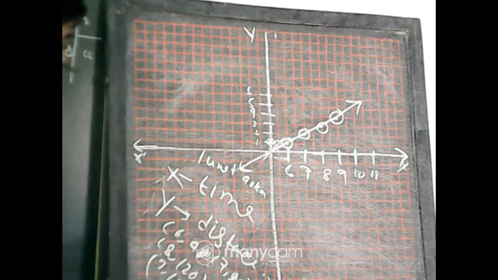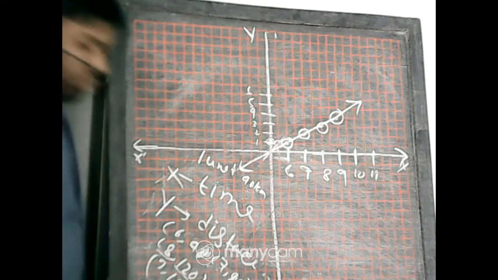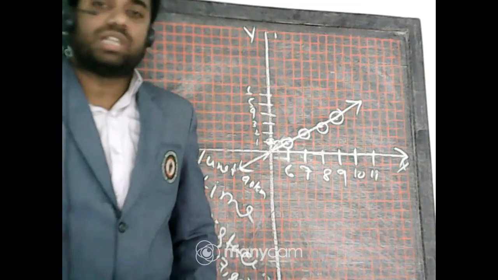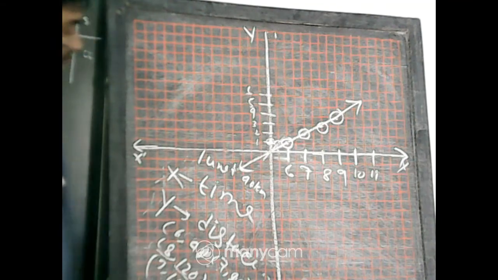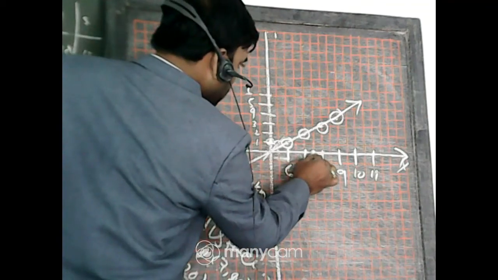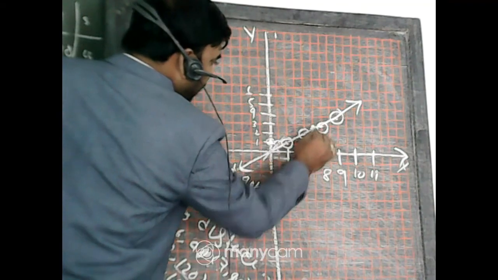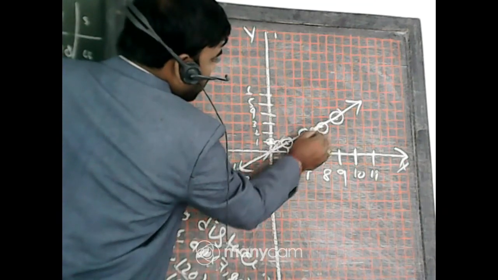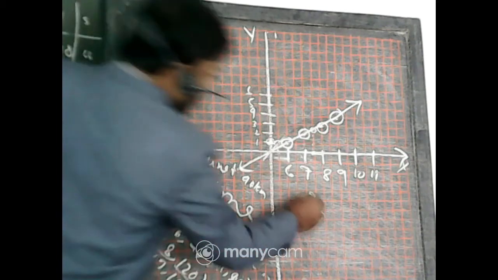20 kilometer. Yes, 20 kilometer, because students 80 and 120, so 40 kilometer in 1 hour. In 1 hour it covers 40 kilometer. So in 30 minutes it will cover 20 kilometer. Otherwise, if you want to show it with the help of the graph, so it is 7:30, and just draw a line along this line. So that point will denote from that to only this difference between these two, that is 20 kilometer. Okay.